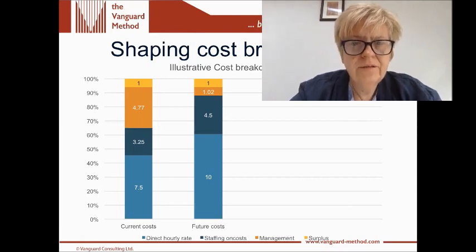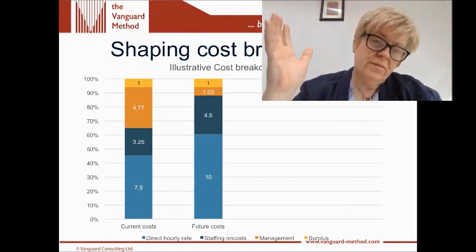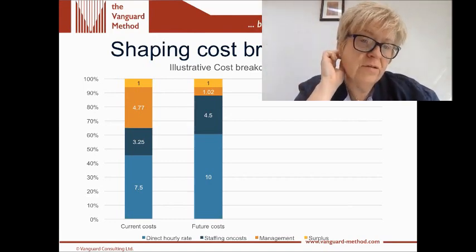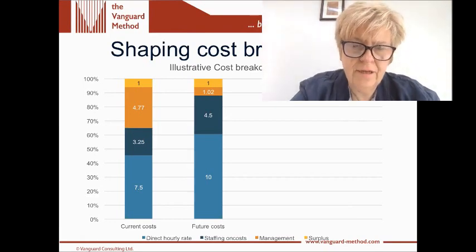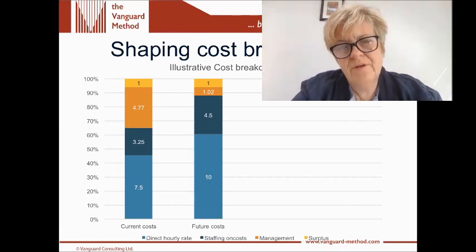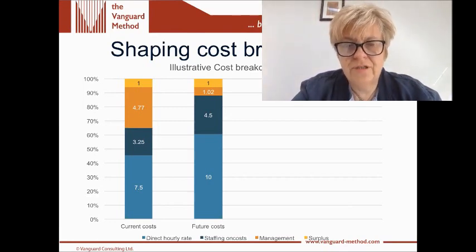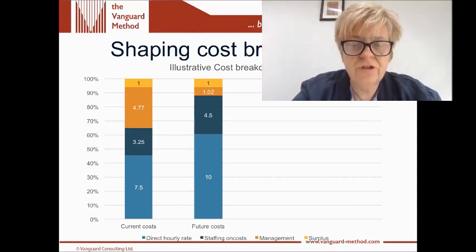So as you can see there, staffing on costs are increasing still, and that's because of obviously adapting to and designing around the locality demand, which is just starting to learn more about, being based in the 5 localities, but then sub-localities. But the biggest and most significant change is in, as you can see, the management cost. And that relates back, I guess, to the pie chart I showed earlier.